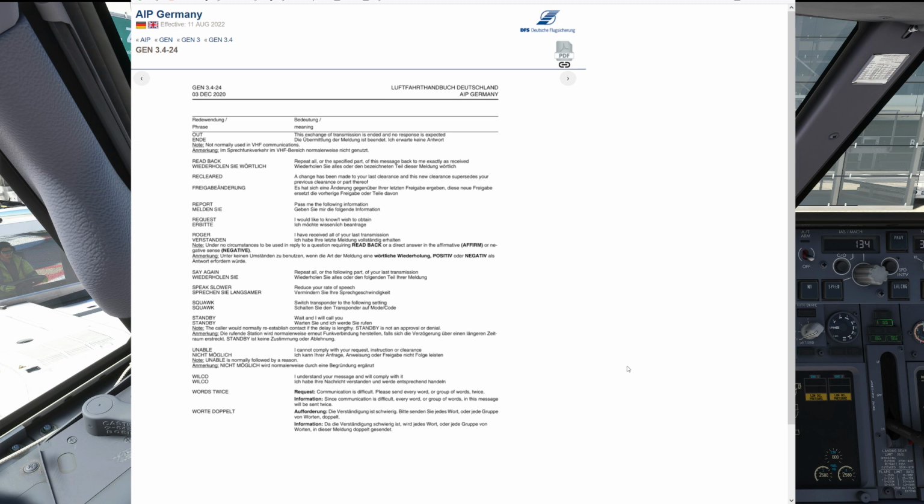Or if you're initially unsure and you have already made your readback and then you realize you cannot do it, tell the controller as soon as possible that you're not able to do what the controller asked you to do. Once again, there is no need to be ashamed whatsoever if you are not understanding something or if you're unable to carry something out. VATSIM is a learning environment, and